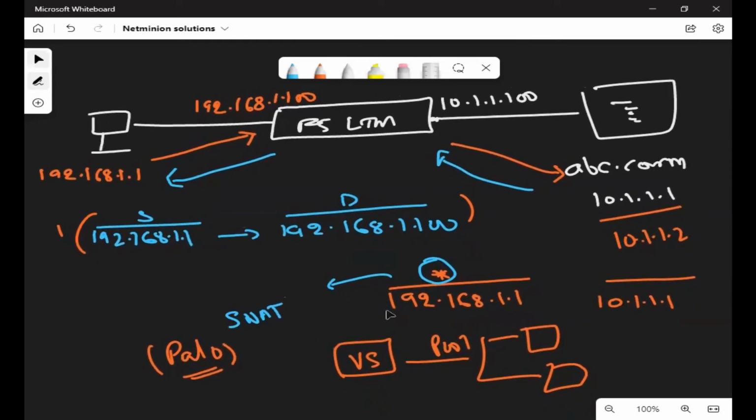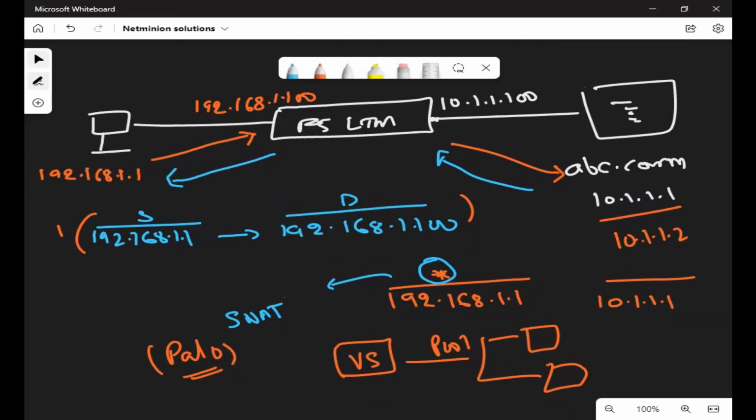So coming to your question, are you going to cover each profile we are using in LTM? Why not. Is this course for advanced level or basic level? From the basic level to the advanced level.